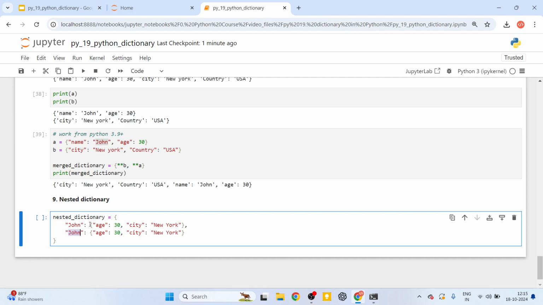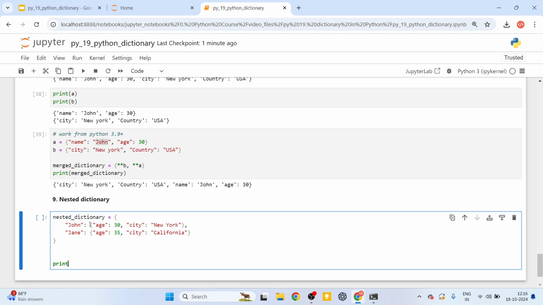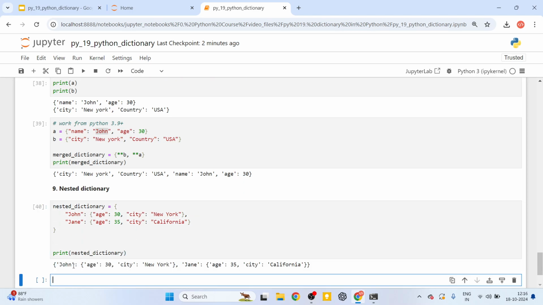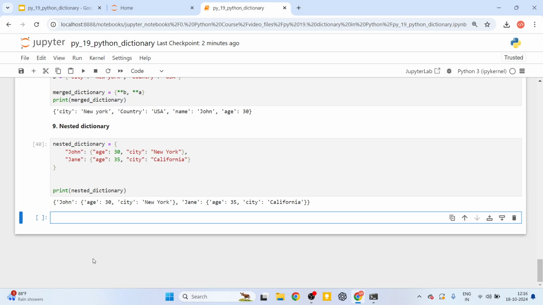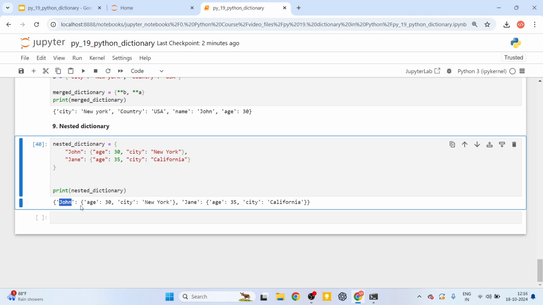but now change this to, let's say, Jane. Age is, let's say, 35. City can be the same or different. So this doesn't matter, the values don't matter, right? So this can be, let's say, California, something like this. I'm not sure if California is a city or something, but that's okay. So now I'll print this nested dictionary. Let's run this. Okay, so here we have created a nested dictionary where we have a key, but the value